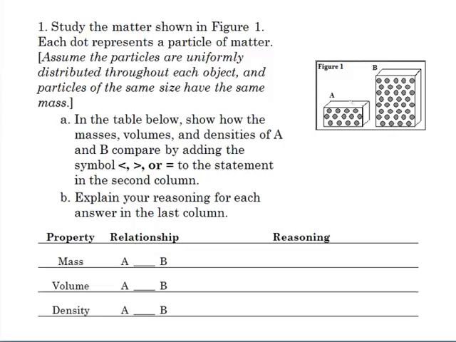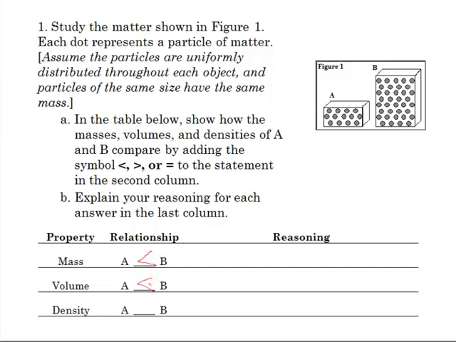Alright, so the mass for A, you can count the particles, 8, 12, 13 particles here, more than that here. If they each have the same mass, then the mass of A is of course going to be lower than the mass of B. Volume, the box is smaller for A than it is for B, so the volume is